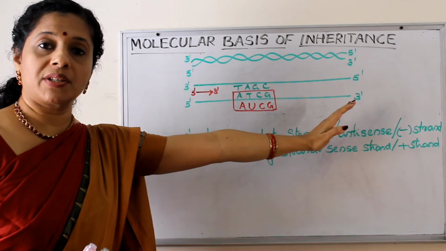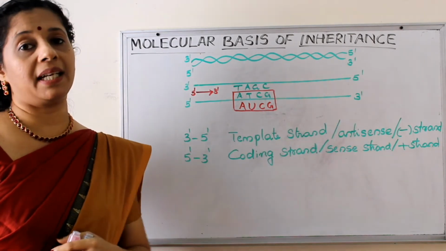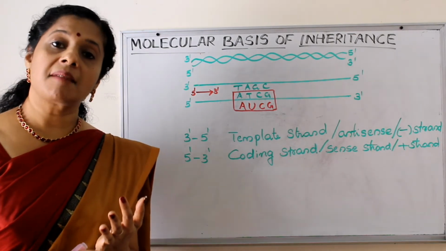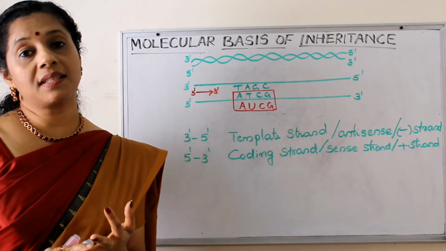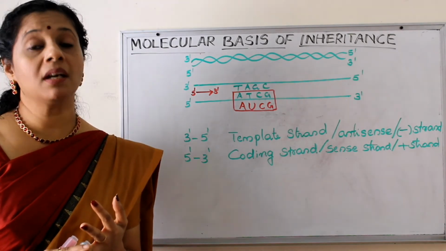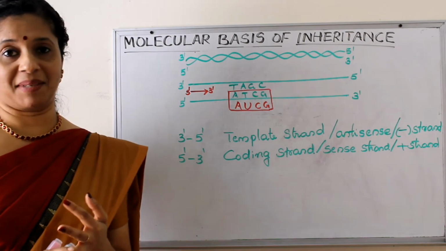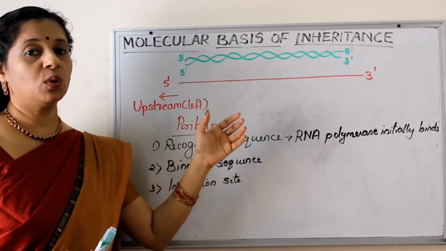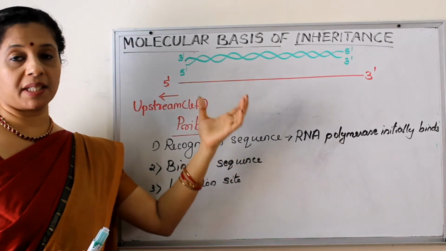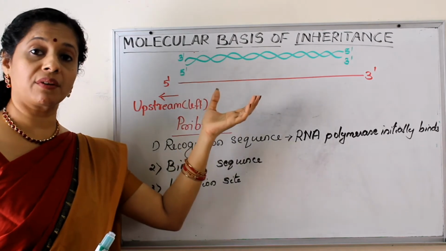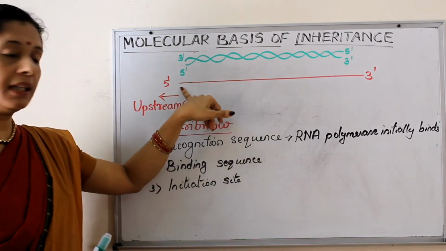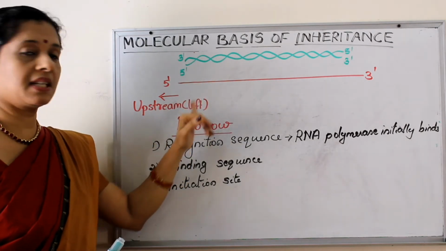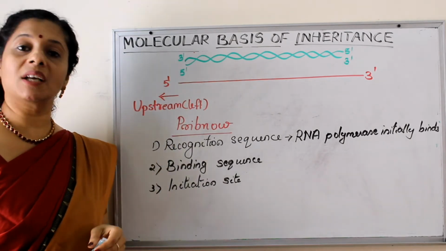Whereas at the downstream end, or the right side, the terminator is present. So the coding strand does not code for anything, but all references are made with respect to the coding strand, and its sequences are the same as that of the RNA forming, except uracil in place of thymine. We have taken only the coding strand because we are now going to talk about the promoter. The presence of the promoter defines the coding strand or the template strand. Whichever strand has it at the 5' end, in the upstream or left-hand side, becomes the coding strand.